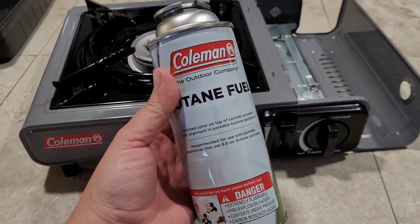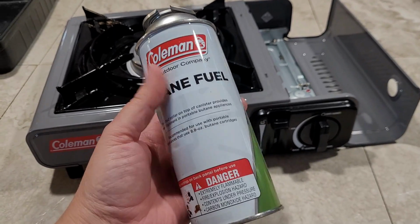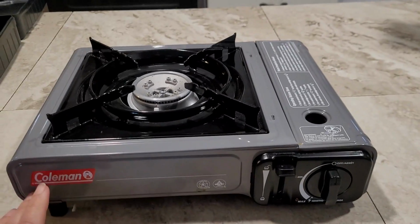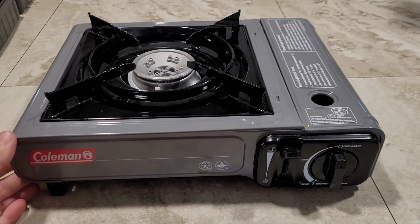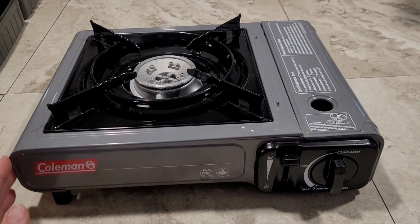And butane fuel, besides being safe to operate indoors, it's also a pretty safe fuel to store. So I really like this kind of stove for cooking indoors in an emergency. Now, this particular stove right here is very basic and very inexpensive. You can get it for probably between $20 and $25 right now. This is an 8,000 BTU stove, but this is plenty strong enough to cook anything that you would need to